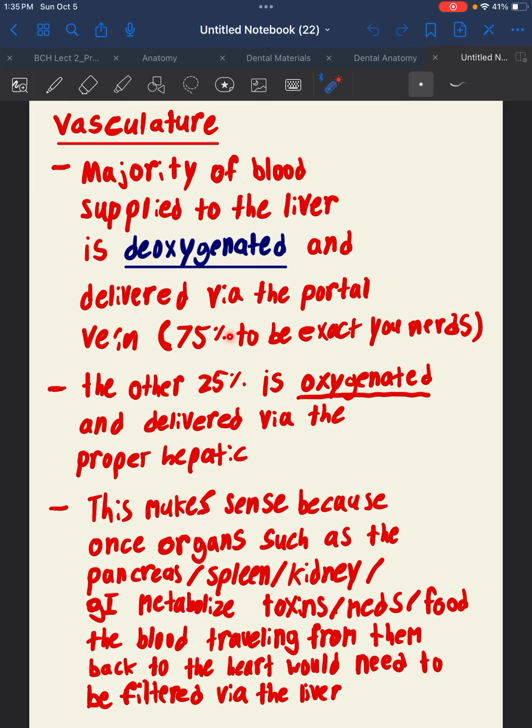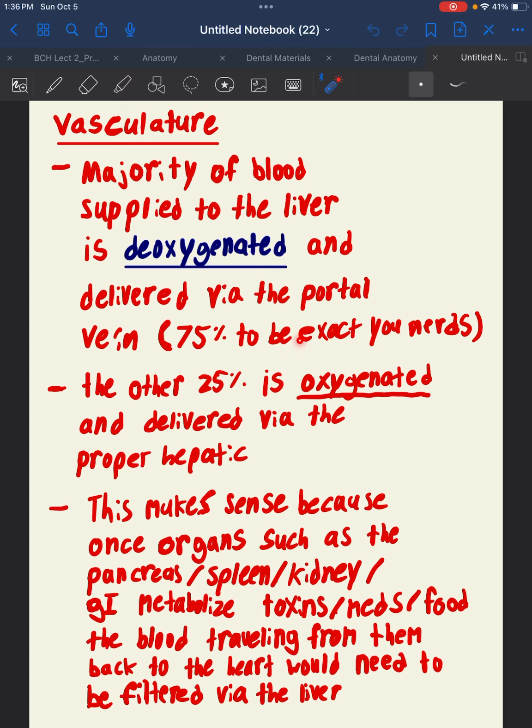But remember, one of the main functions of the liver is detoxification and filtration, meaning that all of the deoxygenated blood traveling from other organs in the body, such as the pancreas, the spleen, the kidney, and the GI, is going to have trace amounts of toxins and other bad things that are traveling back towards the heart. That deoxygenated blood is going to be traveling back towards the heart. Before it actually makes its way back to the heart, it's going to go through the liver